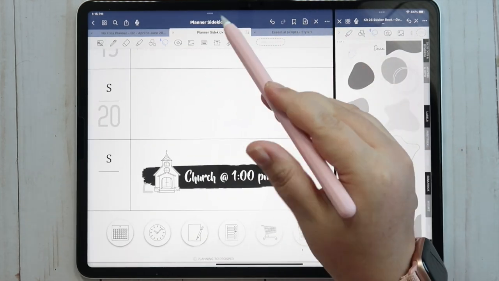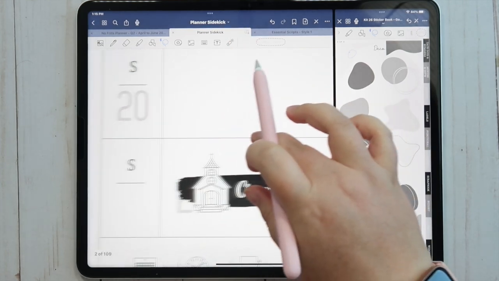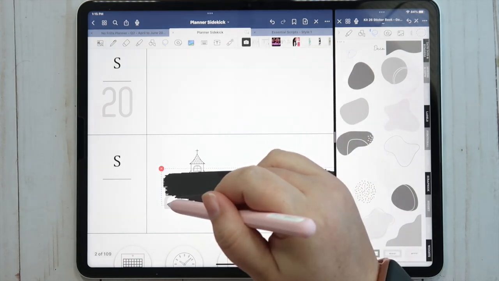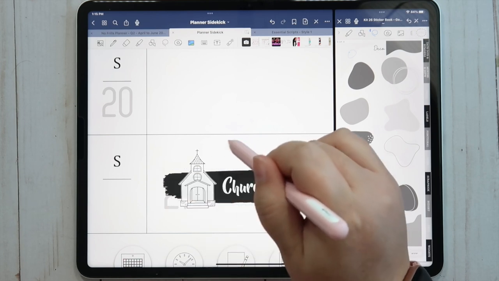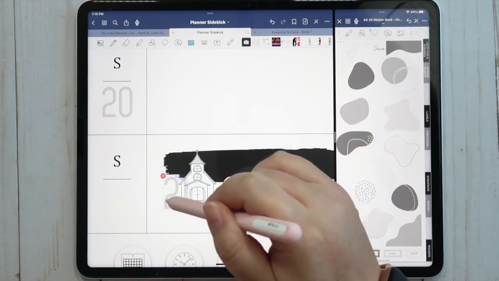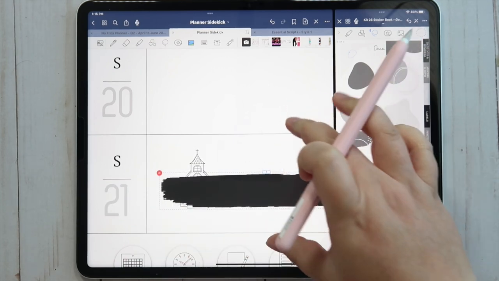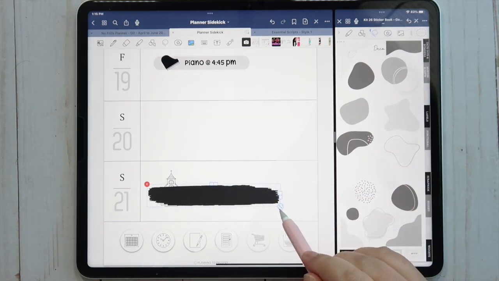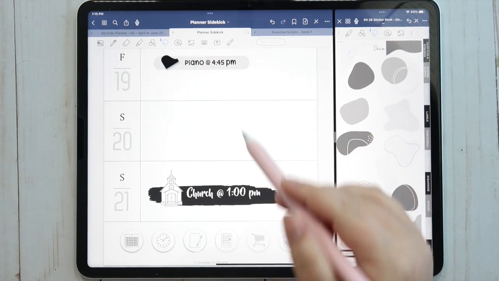So, now what is that? Oh, I accidentally grabbed the number. Here, let me move that, bring that over. And we can make sure that's straight. And turn images off.